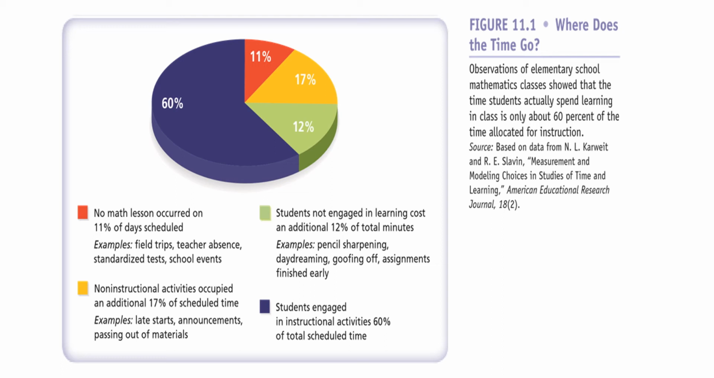Well, look at the red area. In the red area, there were no math lessons scheduled on 11% of the days. There could have been a field trip, teacher absence, standardized test, and other school events. Non-instructional activities occupied an additional 17% of the scheduled time. So that might have included late starts, announcements, passing out of materials. And finally, the green area, 12%, students were not engaged in learning because they were pencil sharpening, daydreaming, goofing off,